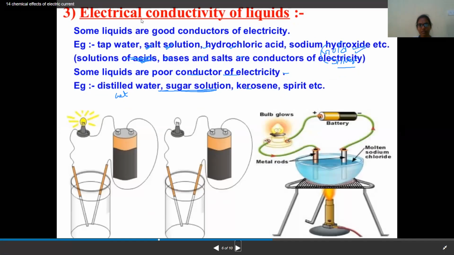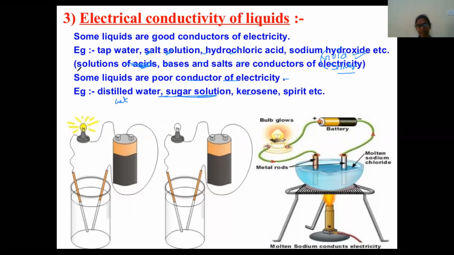So now try to understand, children, electrical conductivity in liquids. In case of liquids, how does this electrical conduction take place? I told you already, in case of liquids, the free ions. Suppose imagine a solution of HCl or NaOH or KMnO4, whatever liquid you are going to take. Let us take HCl. When you pass electricity through this HCl, what happens? H plus ions and Cl minus ions, it is going to decompose. Decomposition will happen. H plus ions separate and Cl minus ions separate.